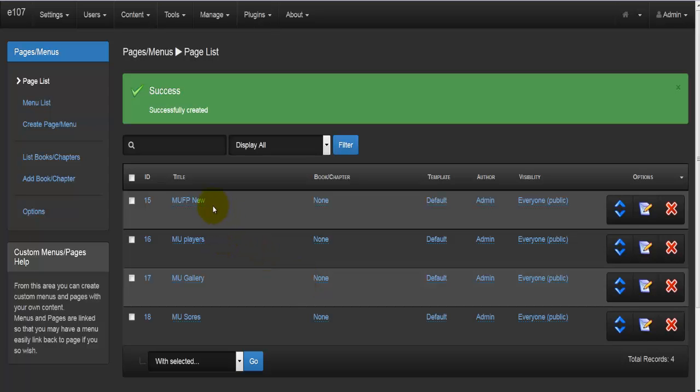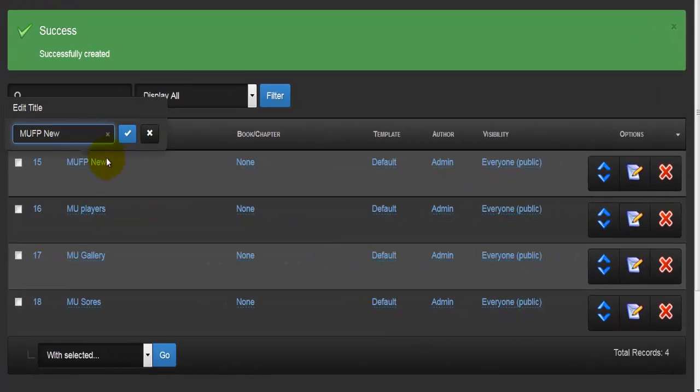I have the Manchester United fan page news, and this is an easy way of changing whichever title you have written here. If you made a mistake like I've done, instead of going into the page, you can just come here and click on it, and it will give you this window, edit title, where you can edit the title and just hit this button here, and that will change the title of the page. So I have the Manchester United fan page news, Manchester United players, Manchester United gallery, and Manchester United